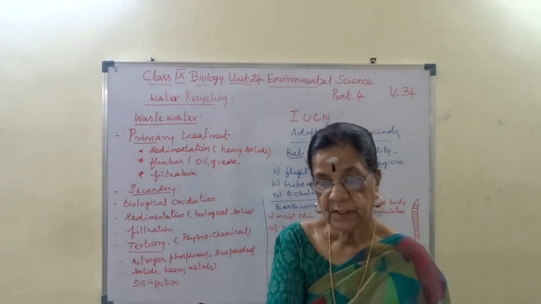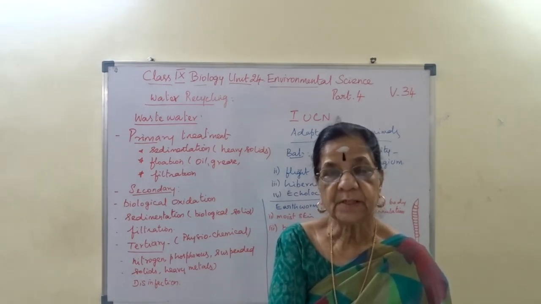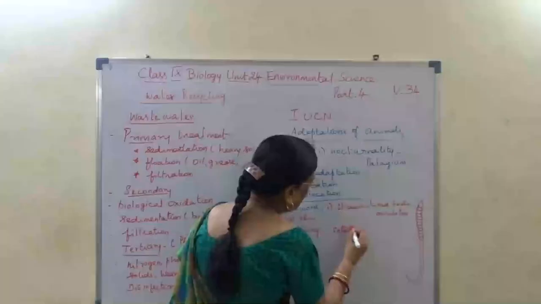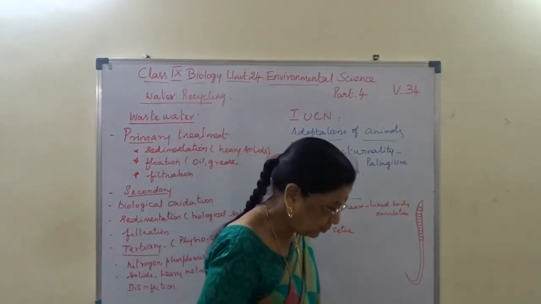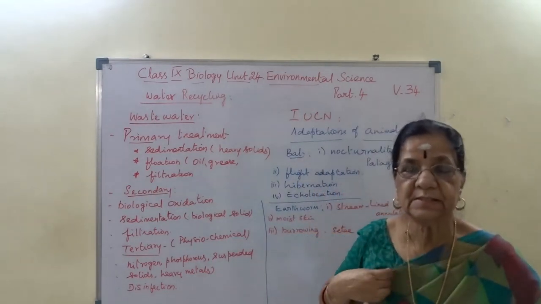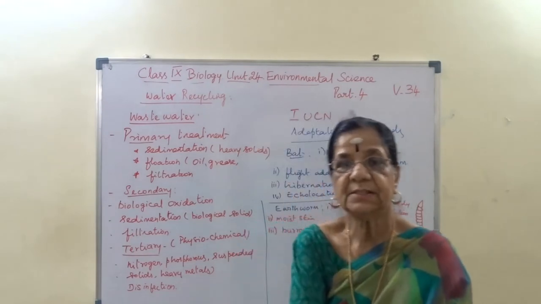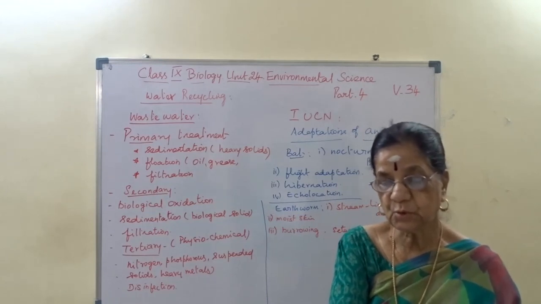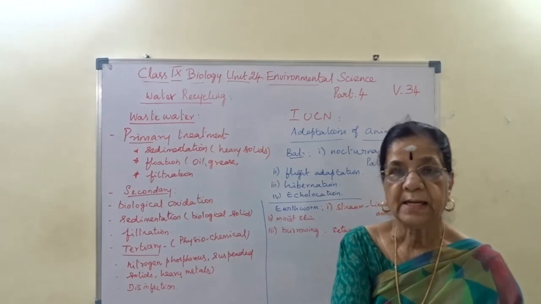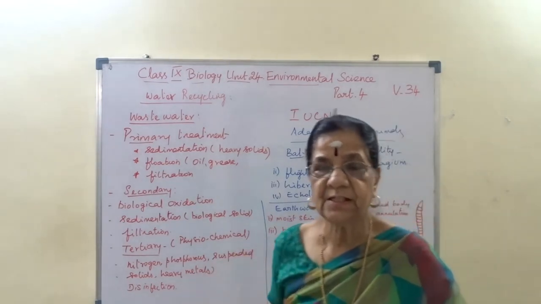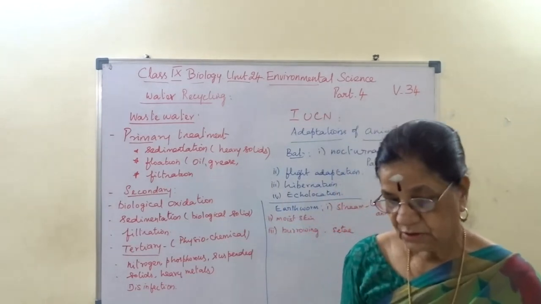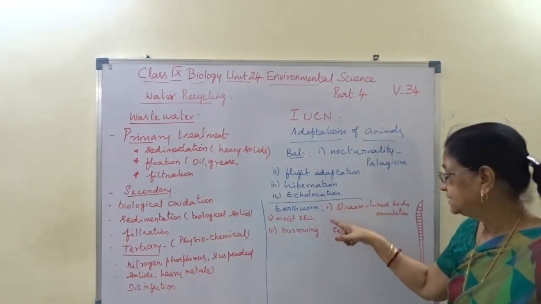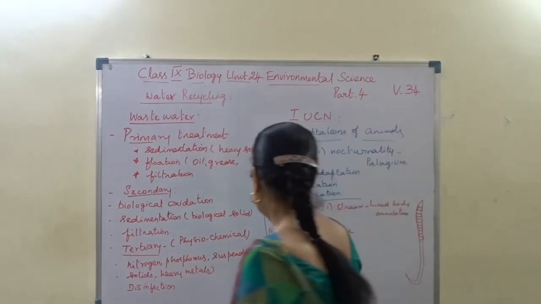Each segment on the lower surface of the body has a number of bristle-like structures called setae. The earthworm has numerous bristle-like structures called setae, with the help of which it gets a grip of the soil. These setae help the earthworm to move through the soil and provide anchor in burrows. Anchor means fixing to get the grip. So this is for burrowing. So we have seen streamlined body, moist skin and burrowing. Then the fourth one is